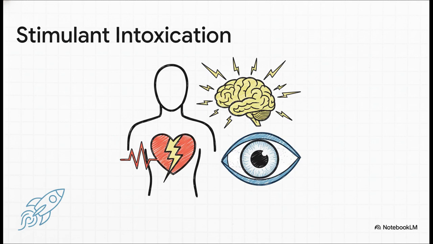So while that rocket is blasting off, that's the intoxication phase. These are your red flags. The cardiovascular system is in total overdrive, which puts the patient at a super high risk for a heart attack or a lethal dysrhythmia. And notice the pupils. They're dilated, the total opposite of an opioid overdose. That's a key feature that helps you tell them apart.